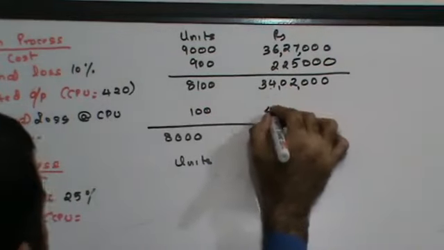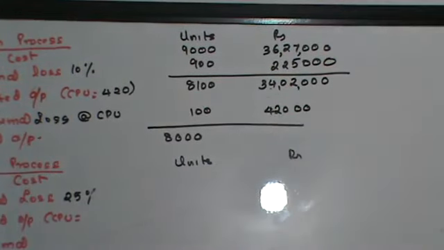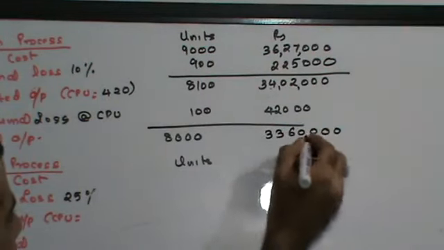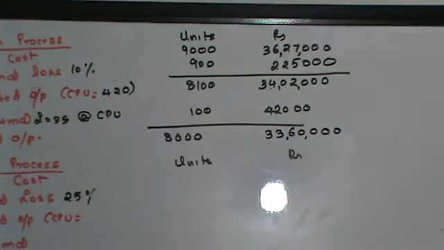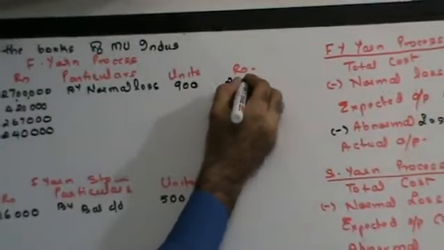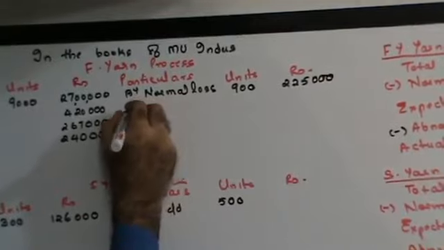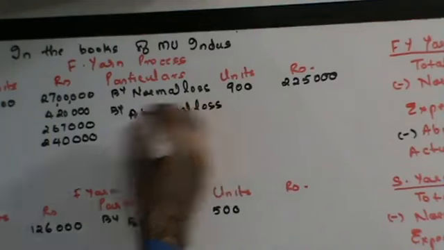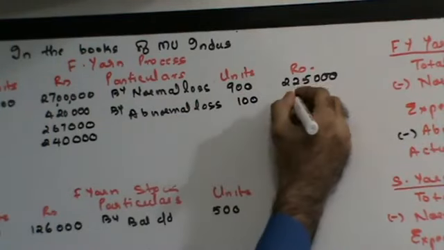So this is going to be 420 into 100, so that is going to be 42,000, right? Now 34 lakh 2,000 minus 42,000 will give you 33 lakh 60,000, right? Transfer the entries. This is going to be by normal loss. Normal loss is 900 and 2,25,000, by abnormal loss. Abnormal loss is 100 and 42,000,